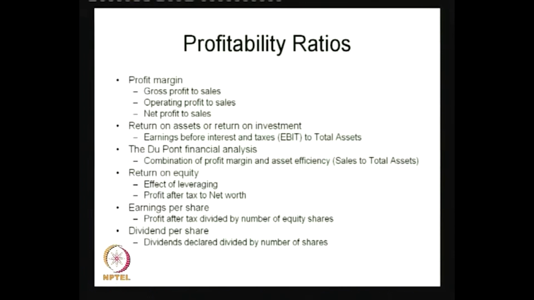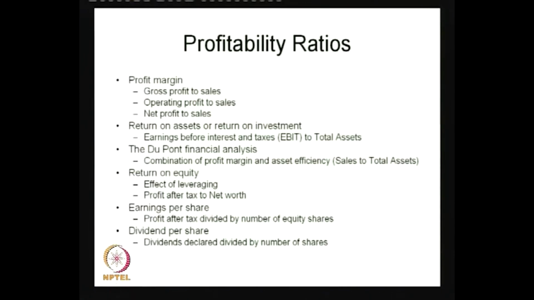So, they will always go for those companies which pay a high dividend per share. There will be certain companies which pay very high dividend per share, and there will be some company which may pay very little dividend per share, but the company may believe that instead of declaring dividend, this profit can be ploughed back into the business, and that they can earn a high rate of return on equity, and that should reflect in a higher market price of the particular share of the company. So, in any case, dividend per share is found out with the help of this ratio,